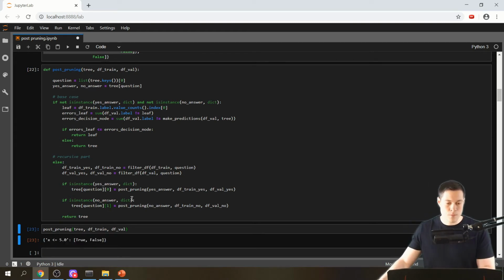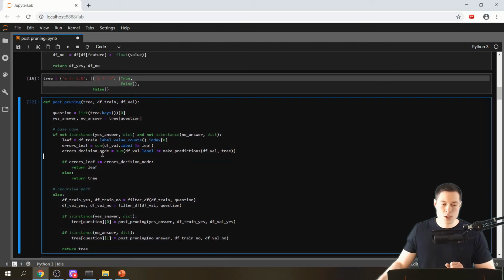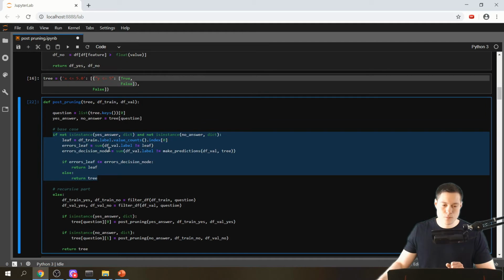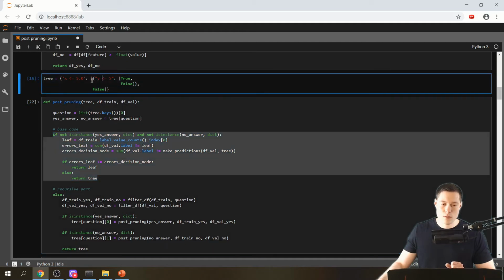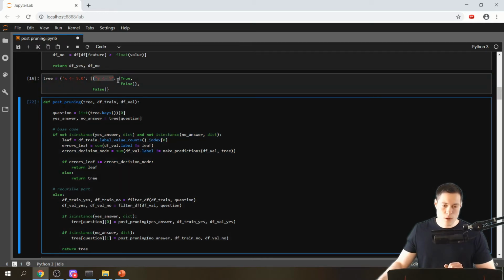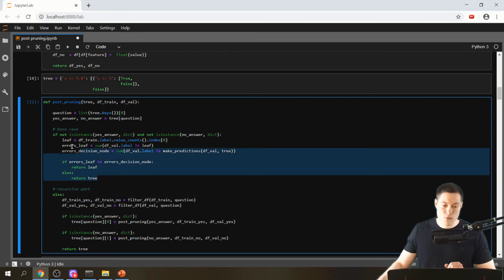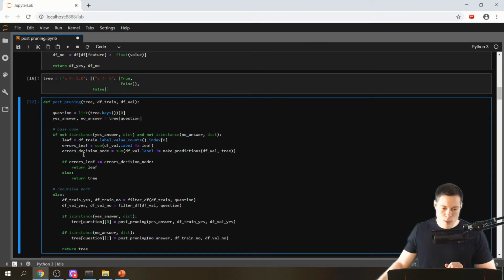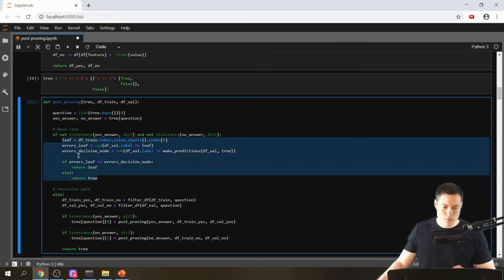So now we are almost done with our post-pruning function, but we need to make one more change, or actually 2 more changes, but let's start with the first one. So now currently we are only checking if we should keep a decision node only once for this question here, where we ask if y is smaller or equal to 5. But obviously we want to check if we should keep the respective decision node for all the decision nodes in the tree. So we have to run this code here again